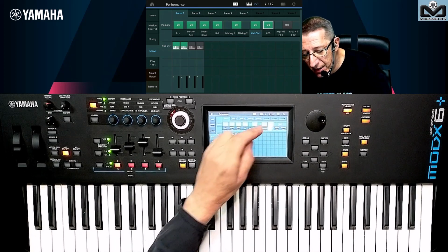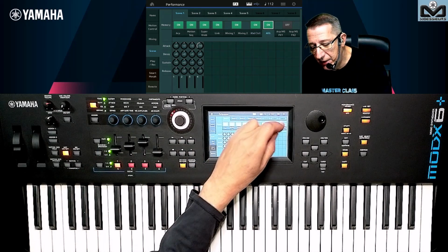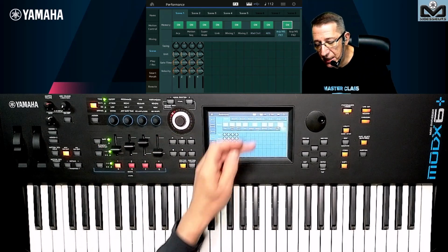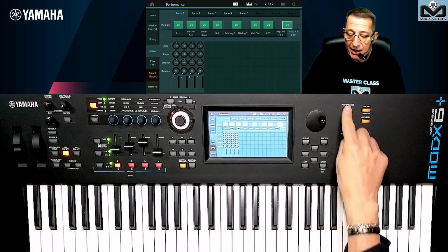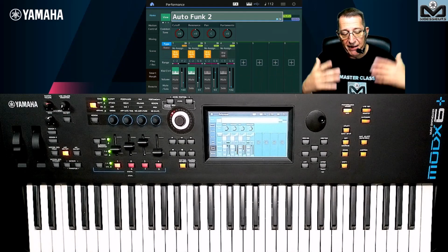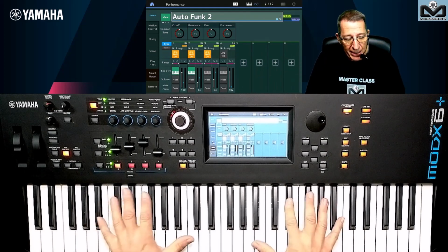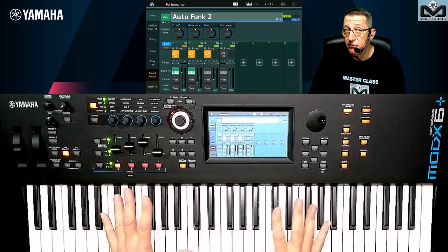And you have the amplitude envelope generator for each part if you want to use it. And if you play with arpeggio and motion sequence, you have a lot of settings you can use, and all is in this scene memory. So it's a very great tool to have something that evolves in your playing, and very easy to have in hand if you are not too busy with your hands.